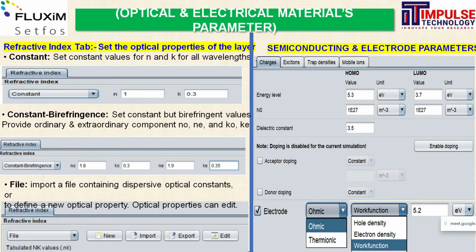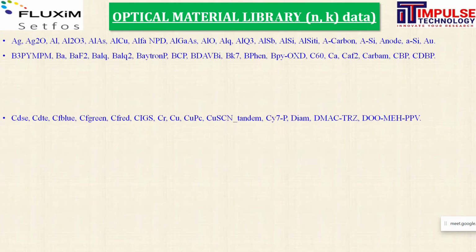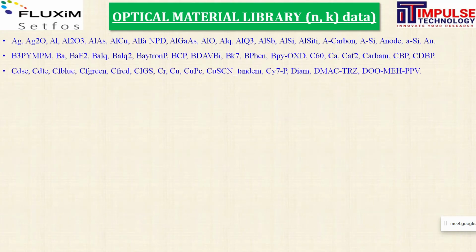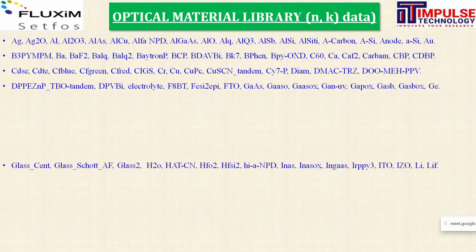And if you want to define the electron density, hole density, that you can also put. Now, optical material library. The software contains a library of materials. Suppose you do not have the library or input data for your solar cell, then we have many inbuilt examples, many tutorials, many videos are there, and a lot of optical refractive index data is available